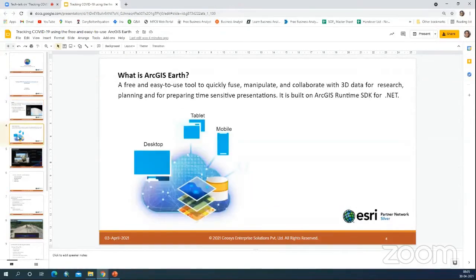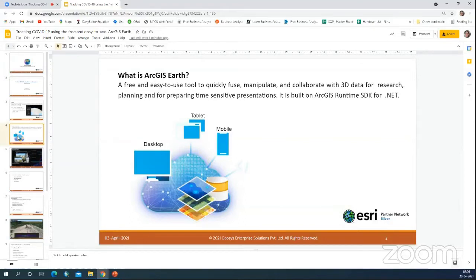As I told you, ArcGIS Earth is a free and easy to use software given by Esri to quickly access the data that is available in ArcGIS Online or in your Living Atlas, or you can upload your own features, or use the data from REST services.